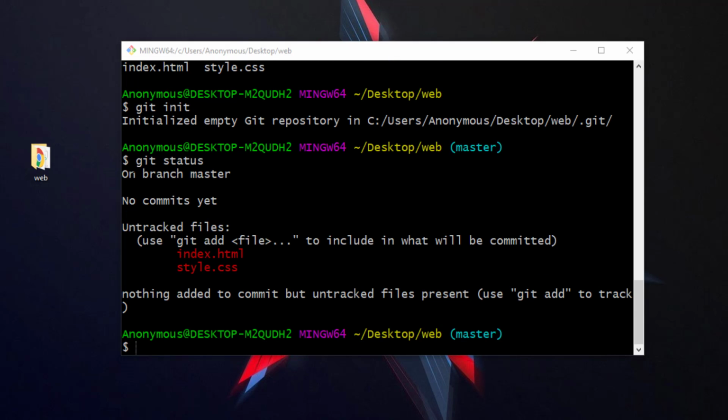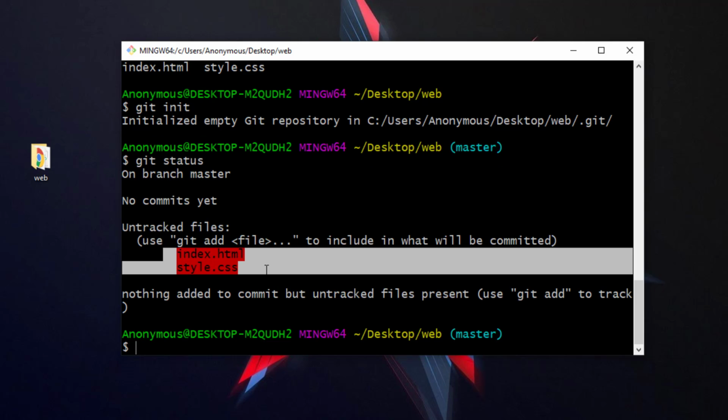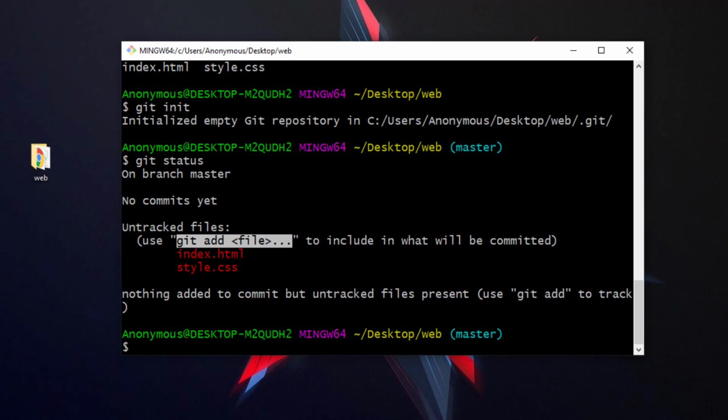Okay, so as you can see here, with this git status, you can see the status for all your files. So here these files are not yet being tracked, so we have to get them into one area that is known as staging area, where it means that the files are ready to be committed. So to get these files to be in the staging area, we have to write this git add command, the git add, and then the name of the file, that is